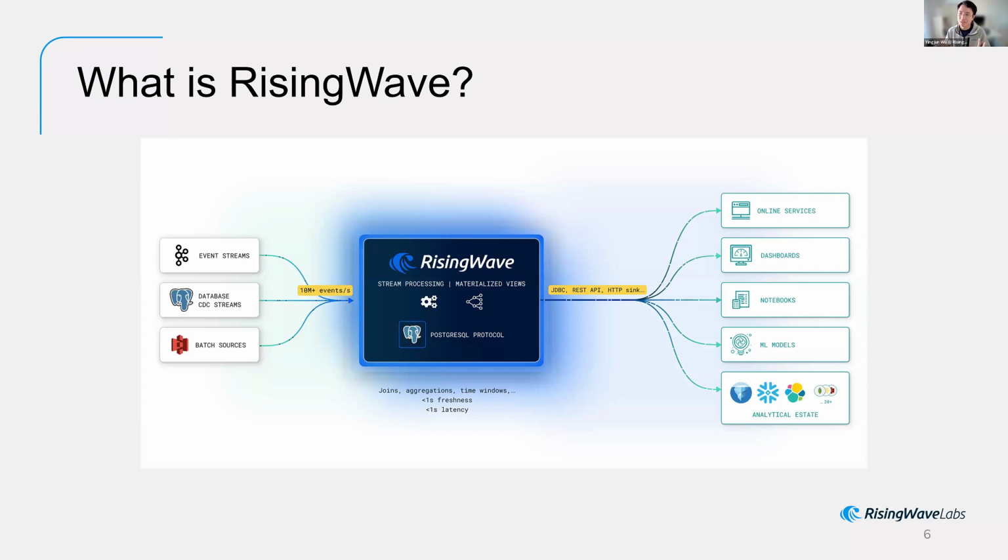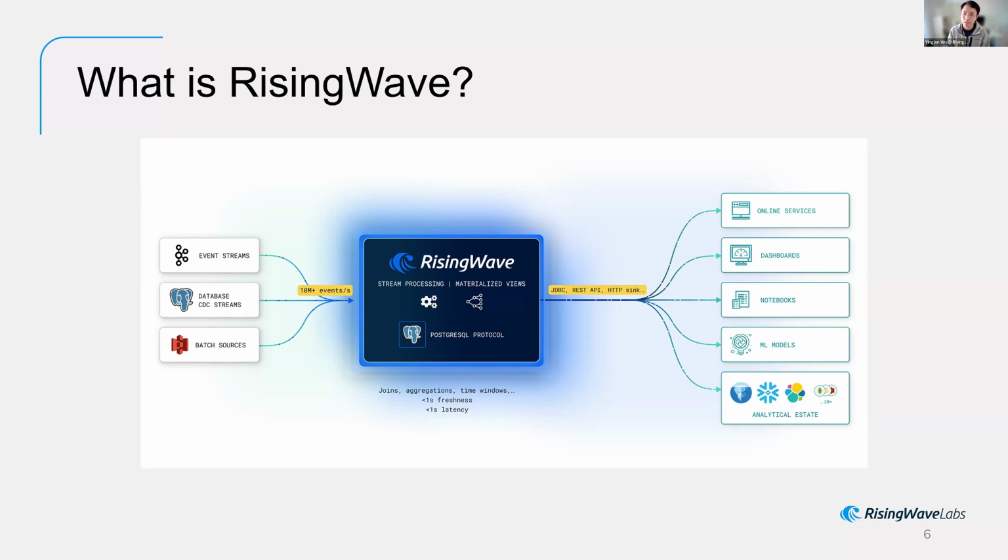Here is one picture of what RisingWave is. You can consume data from event streams like Kafka, database CDC like Postgres CDC, or batch sources. You can do joins and aggregations on the fly, anything basically.